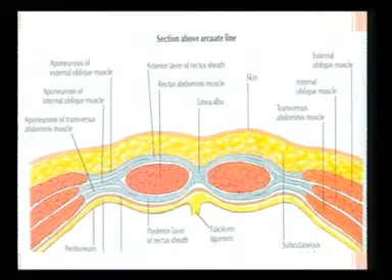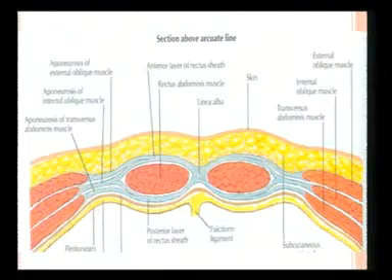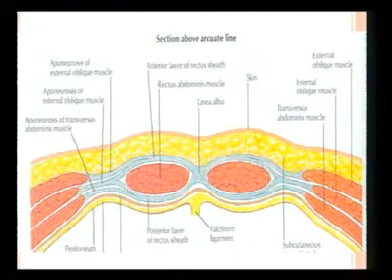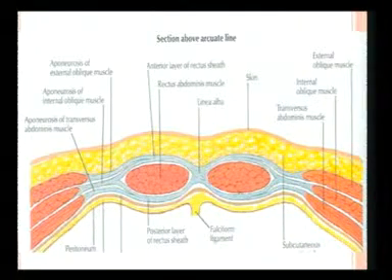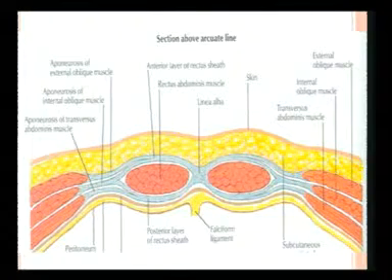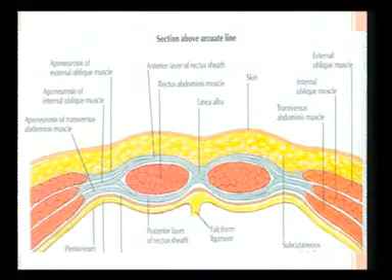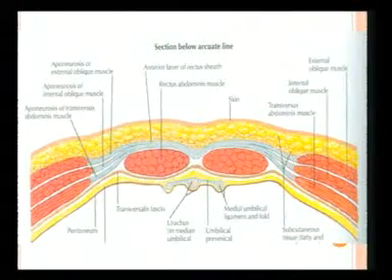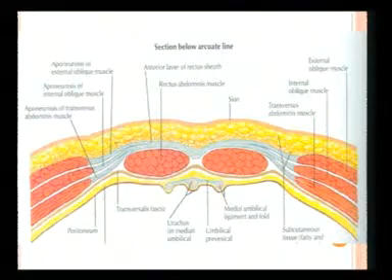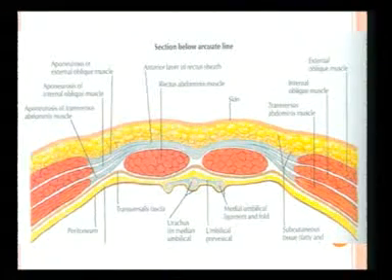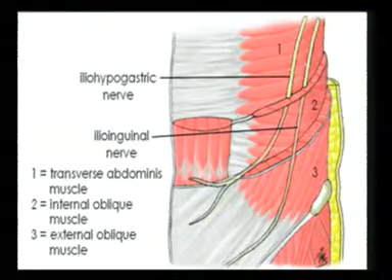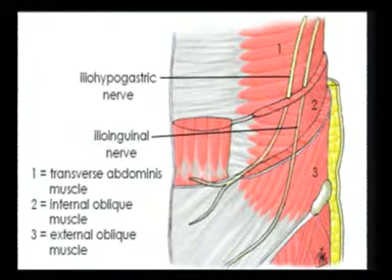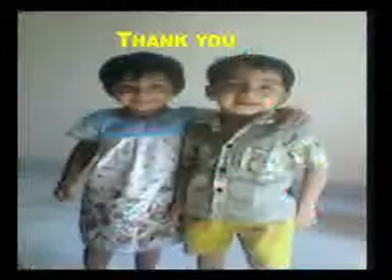This is just to give a transverse view when you are doing sonography. This is the rectus sheath, rectus muscle, anterior rectus sheath, posterior rectus sheath, and the muscles they originate from: the external oblique, internal oblique, and the transversus. The neurovascular bundle will lie between the internal oblique and the transverse abdominis muscle. Below the arcuate line, the rectus sheath posteriorly is bare because all the muscle fibers come anteriorly. That is the only thing. And this is for the ilioinguinal and iliohypogastric nerve block, as I said. That's all. Thank you.